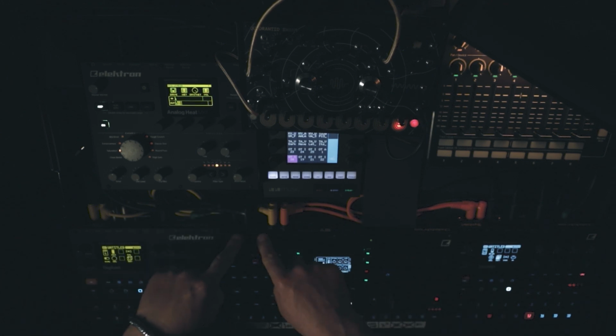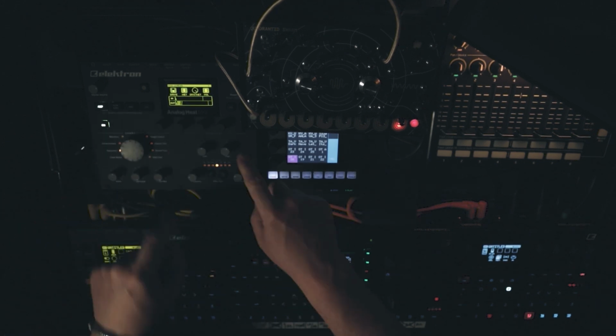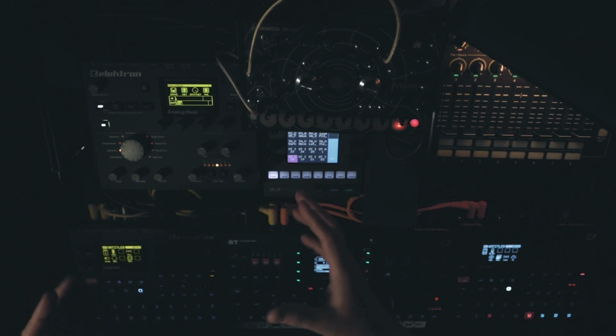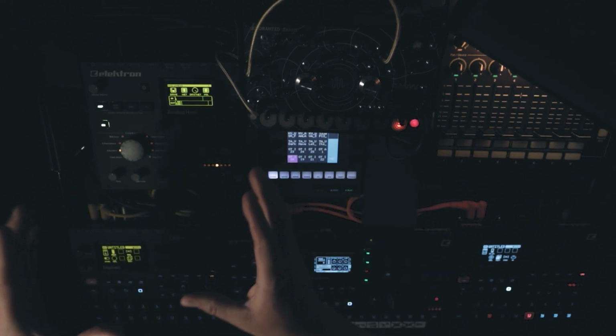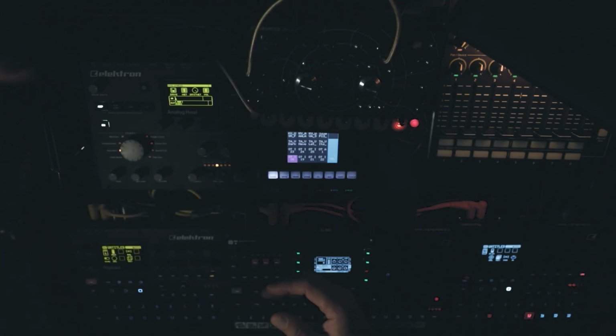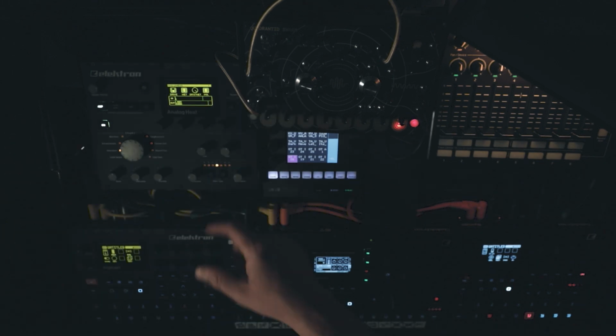Then from the Octatrack, the main out comes out of this and goes into the Elektron Analog Heat. And what this does is it's basically like having a hardware mastering chain on the end of my setup before this goes out to the house mixer for a live performance, or out to my mixer in my studio for recording a performance here. The settings on this, you can kind of set it up to have your own presets,